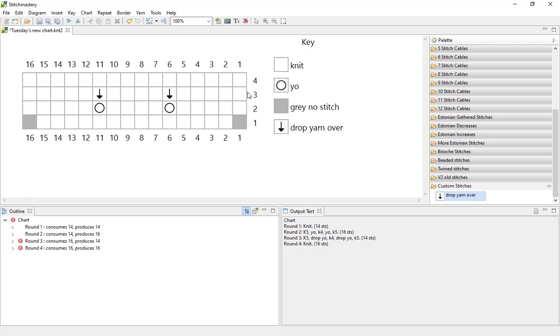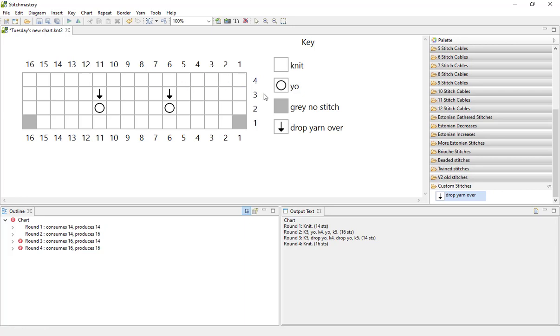In our round 3, because these have no value, our stitch count goes back down to 14 stitches, because at the end of the row there's nothing here, so we've only got 5 and the 4 and the 5.